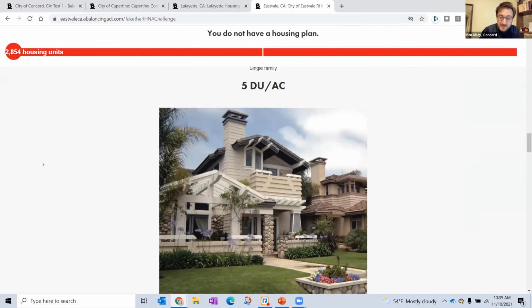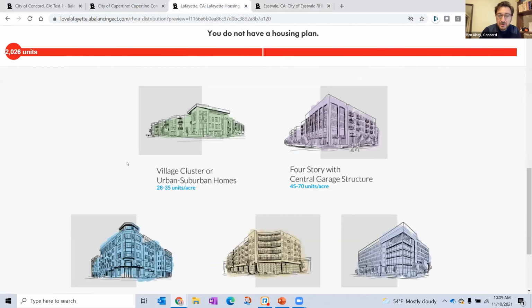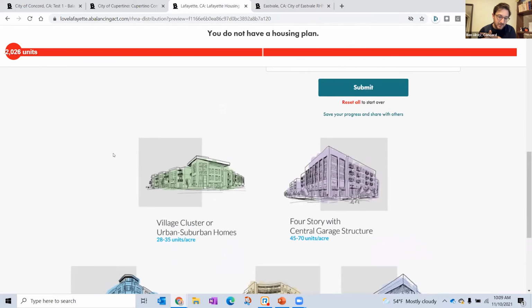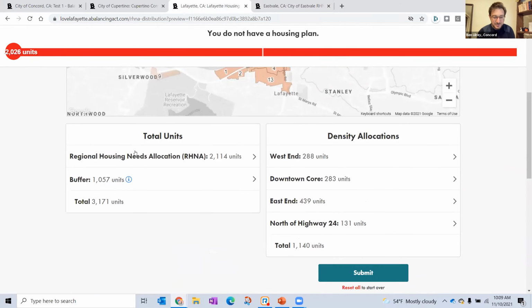Right. So I was playing around with that for hours, and I was trying to decide between whether we want to have buttons for adding just more density, just more homes, or do it by dwelling units per acre? And I realized that for Lafayette's, where there are the pictures at the bottom, they show